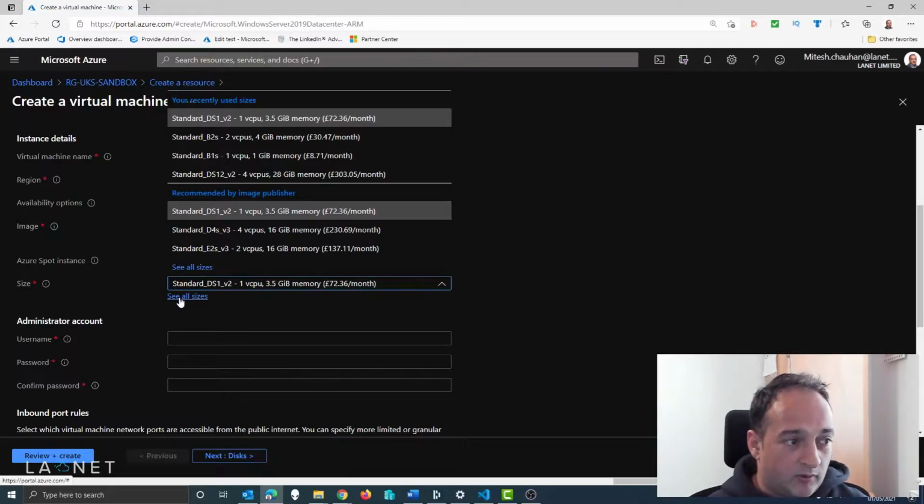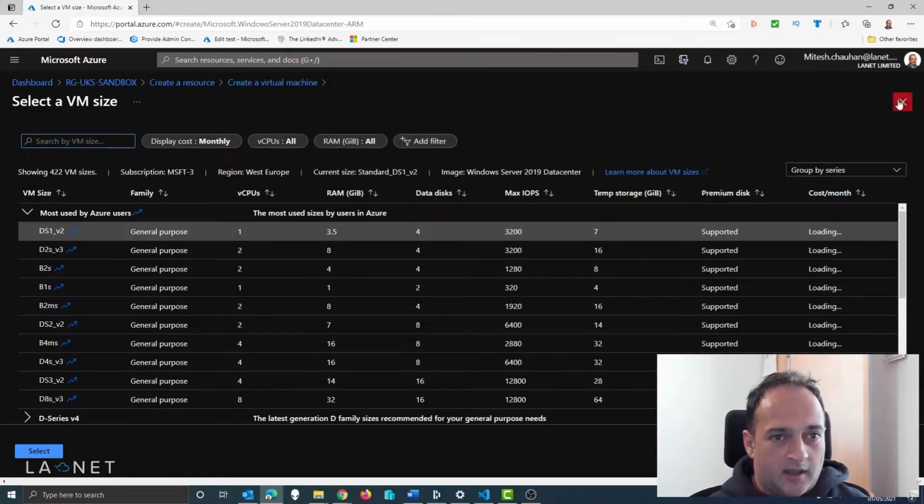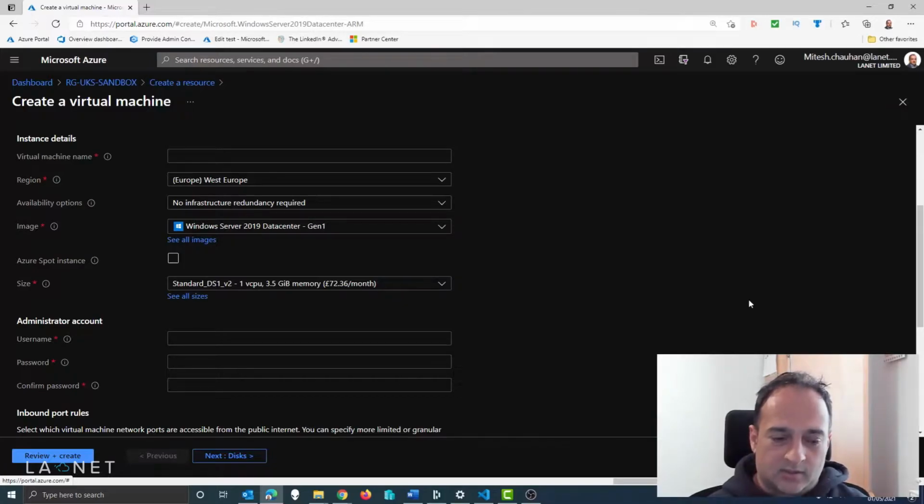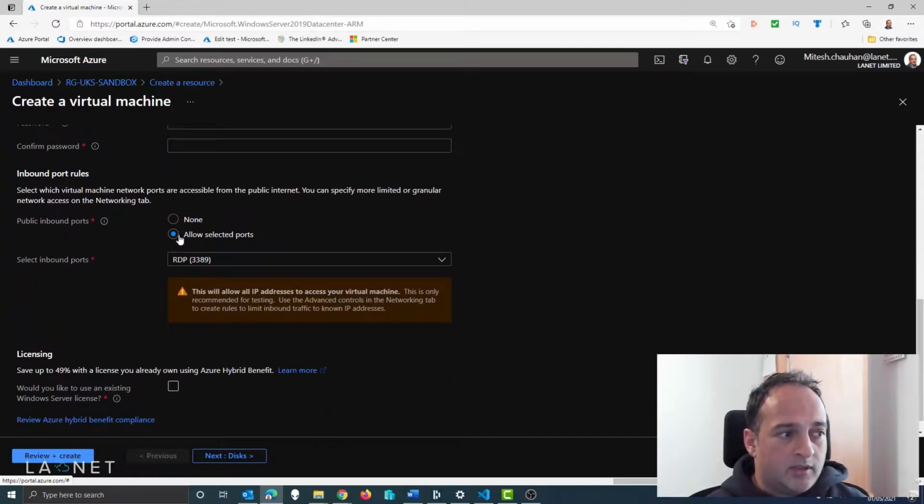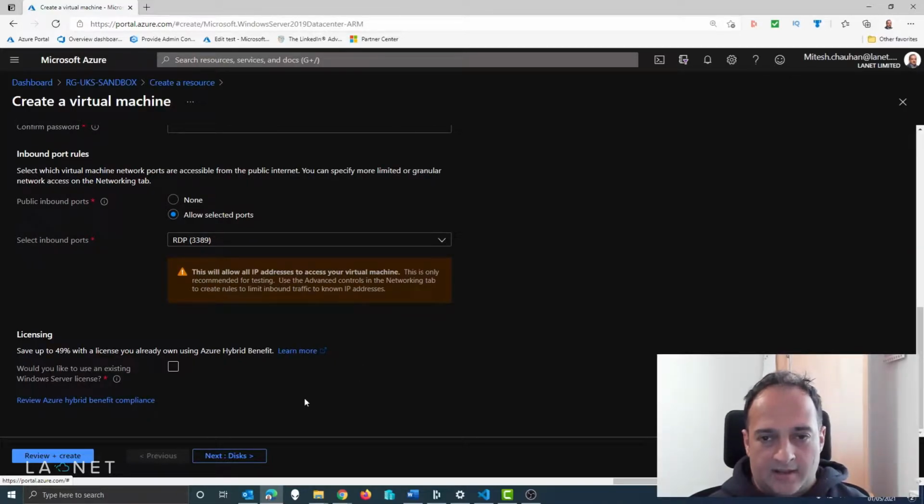We've got a whole list of extra sizes, and this can also be confusing for users, but it can also give you inconsistent environments, and of course you can control all that with policy. But we've also got regions. Again, a lot of this you can control with policy. But then you've got things like allow RDP. So it allows users to, if there aren't any controls and guardrails in place already, which there should be, but there's still many environments that don't have any of that. So it's worth checking. A lot of environments out there still today allow users to go and do whatever they like, which is quite scary.